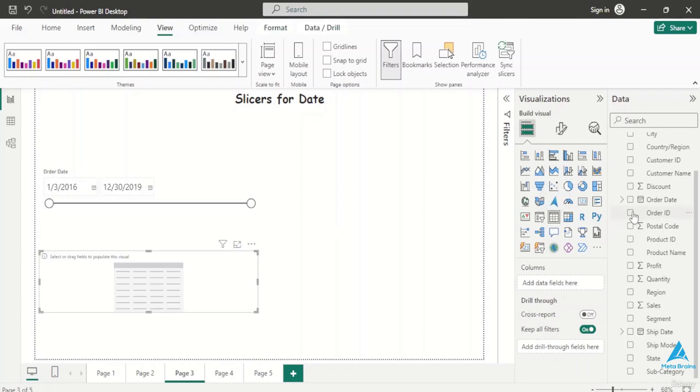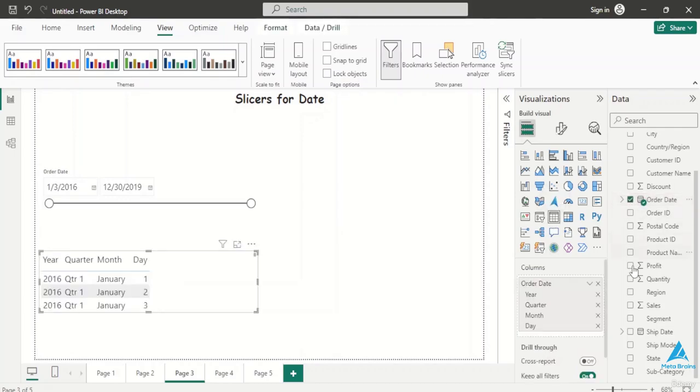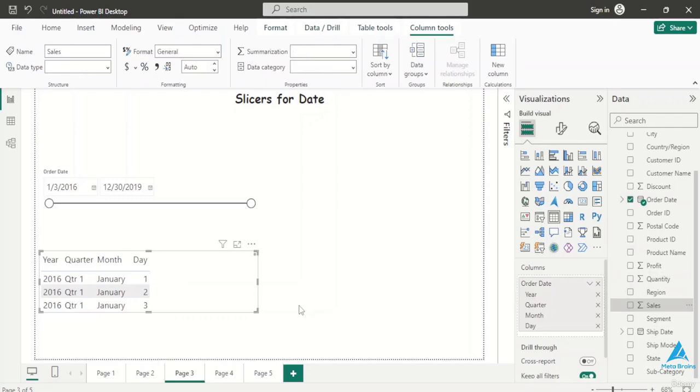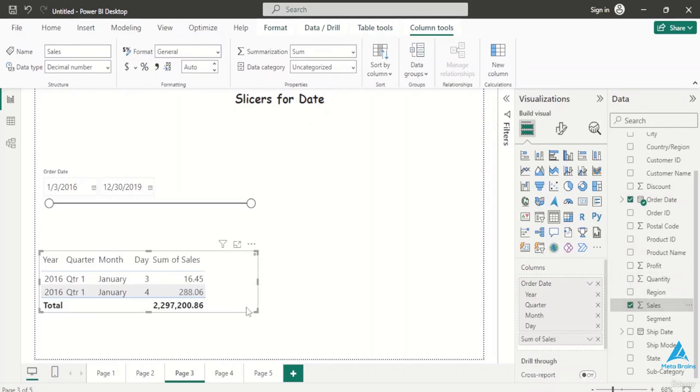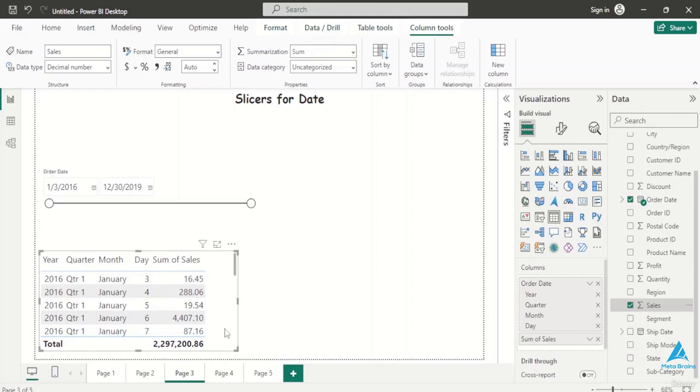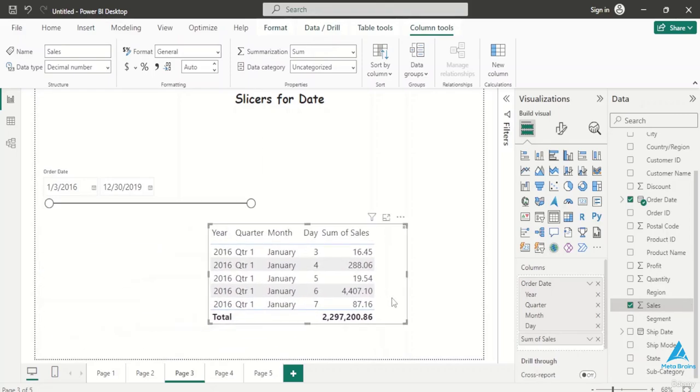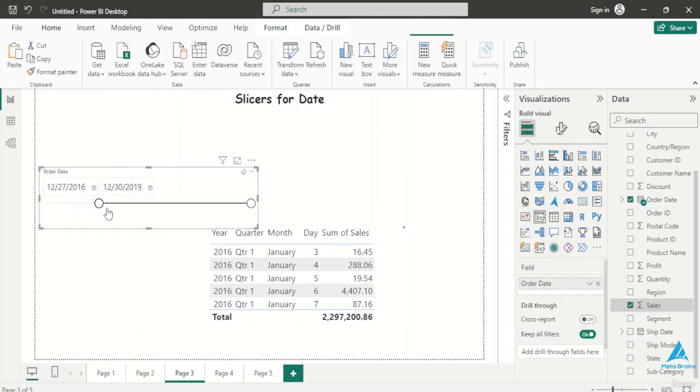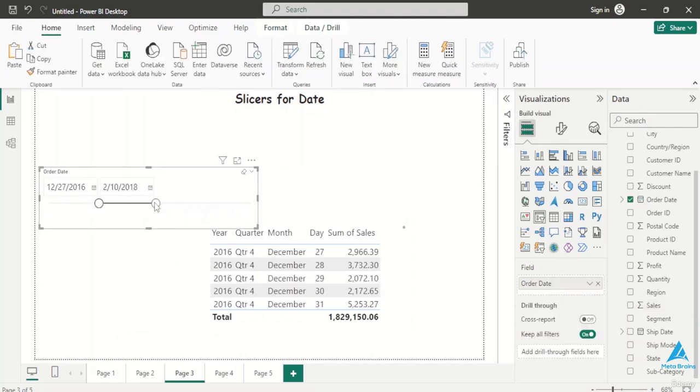But to scroll, let me just create some table over here. I'll click on this table, put here order date, and I'll put sales here. So I can resize it here and I can show you what the values are. So that's order date, sales on the right hand side, and that's a slicer I've created, interactive